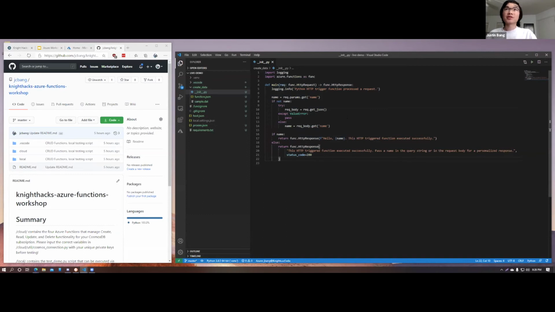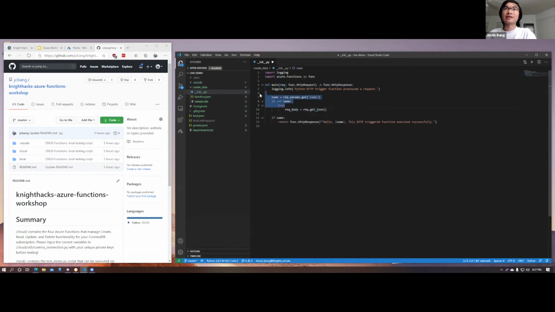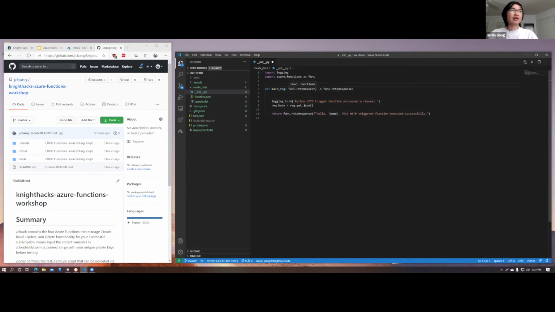But once that is done, you should get some auto-generated Python code that looks like this. So how this works, let me clean this up a little bit so it's easy to understand. I'm going to delete this, delete this, and delete this. So here's the format of the Azure Functions template. Here is our main function,